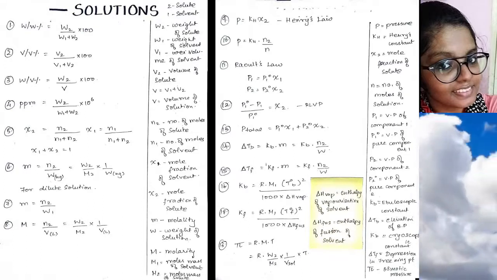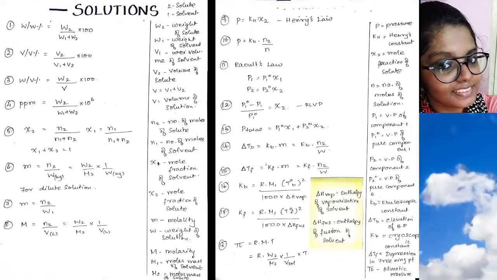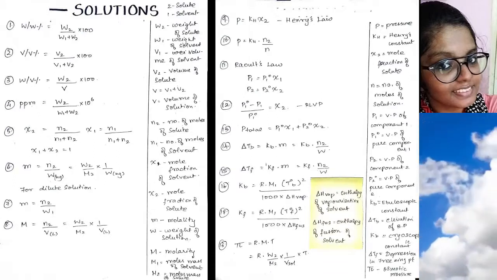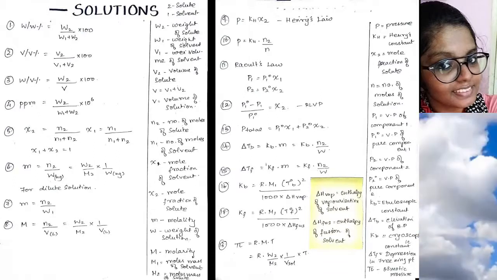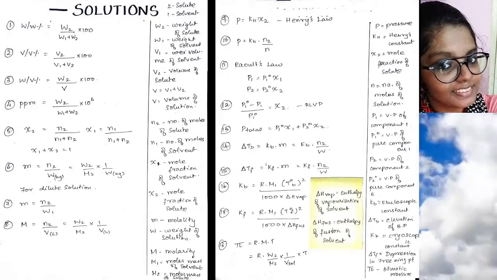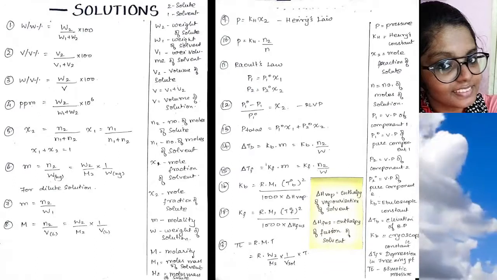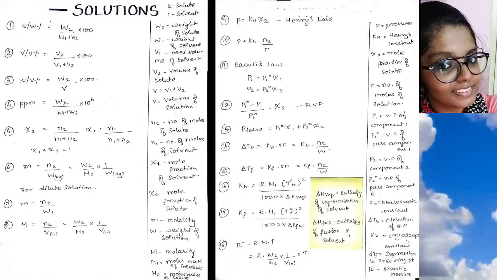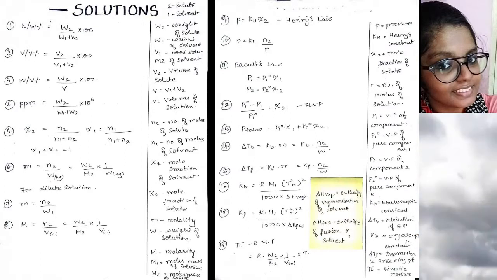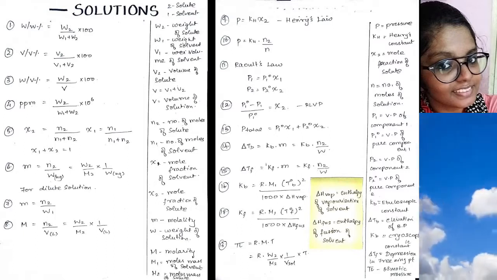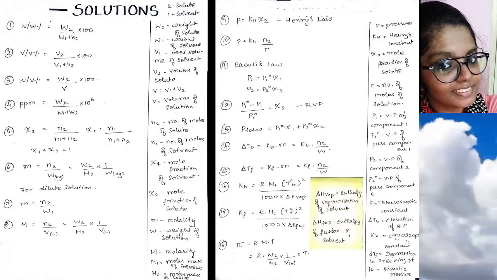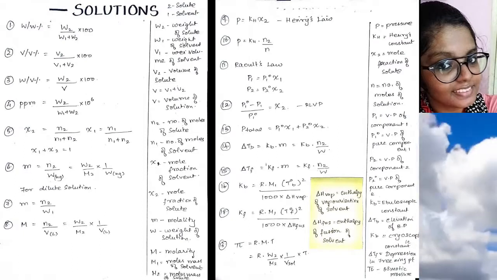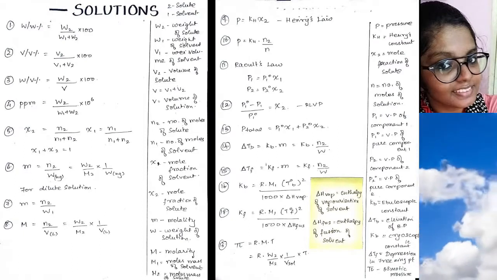Delta TB is equal to Kb into m, that is equal to Kb into N2 divided by W. Delta TF is equal to Kf into m, that is equal to Kf into N2 divided by W. Kb is equal to R into M1 into T naught B the whole square divided by 1000 into delta H vaporization. Kf is equal to R into M1 into T naught F the whole square divided by 1000 into delta